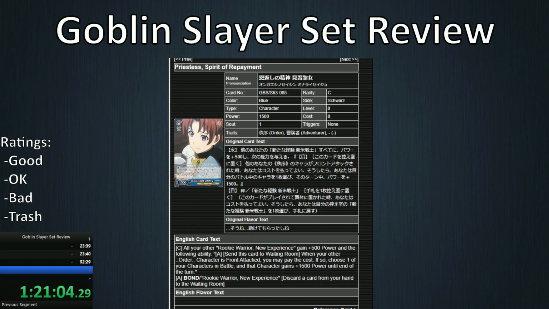Okay, next is a level 0 Priestess, 1500 power. This is a different Priestess. All your other rookie warrior new experience get 500 power and the following ability. You can send the Priestess to waiting room. When your other order character is front attacked, you may pay the cost. If you do, choose one of your characters in battle. It gets 1500 power. And then it's a ditch bond to that rookie warrior new experience. I want to say that rookie warrior is just a vanilla 1055. It probably is. Yeah. I think...